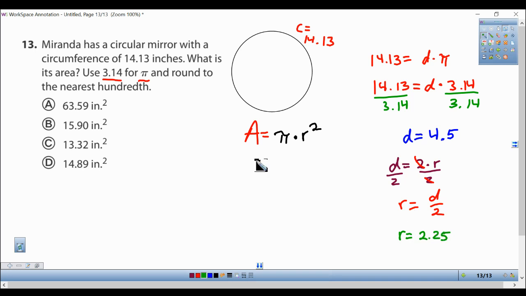Now we plug this number into the area formula. The area is equal to, again, we're going to use 3.14 times r squared. So 2.25. First we're going to square it, and then we're going to multiply it by 3.14. So 2.25 times 2.25, which is what squared is, gives me, I'm going to write this number out still. This comes out to 5.0625. When I multiply this, I get